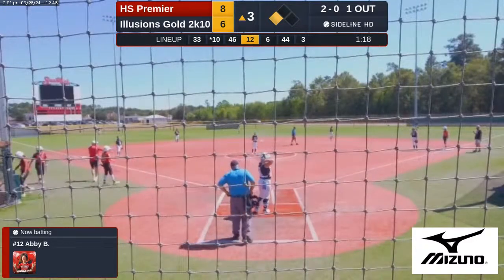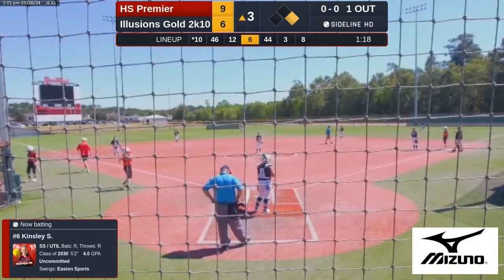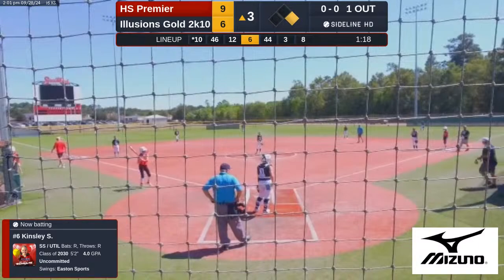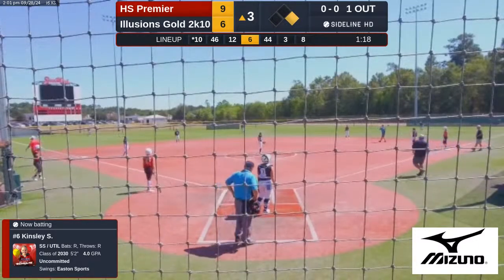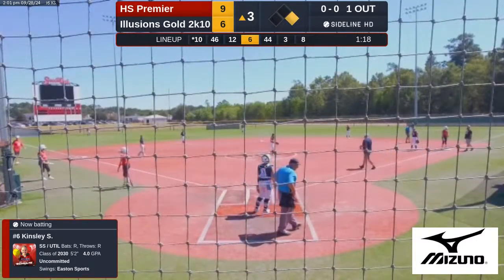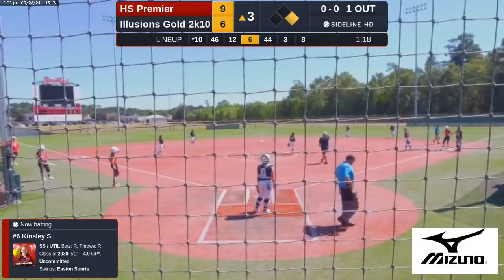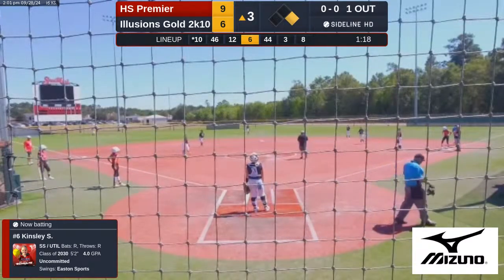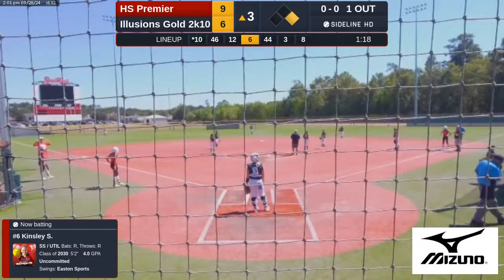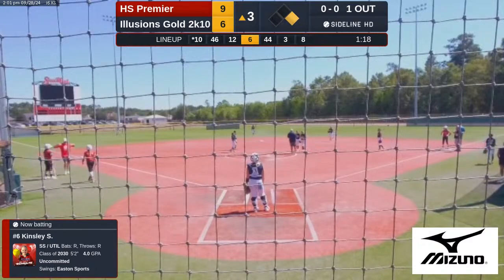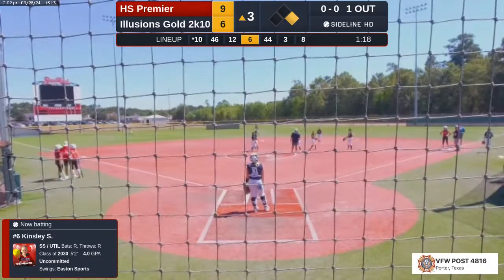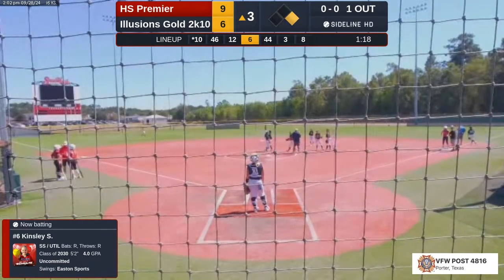Kinsley Schulte will be your batter. Abby delivers. 9-6 ball game. And like I mentioned, this game may go for a while. Hour and 20 minutes in. If it keeps at this pace, this home plate umpire may not even get minimum wage by the time this one's over. We'll pause. We're going to have a pitcher break.